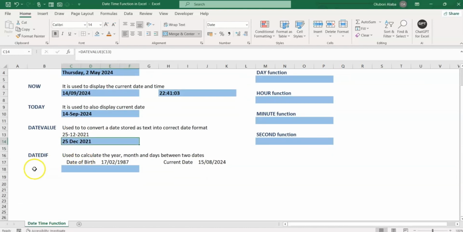So, and then you have a very important function, the Datedif, which is used to find the difference between two dates. This is a function that is very useful if you work in Excel. You can use it to find the difference between two dates and so on. If you want to calculate date of birth and so many other things like that, the Datedif is the best